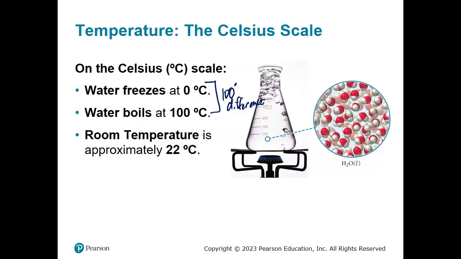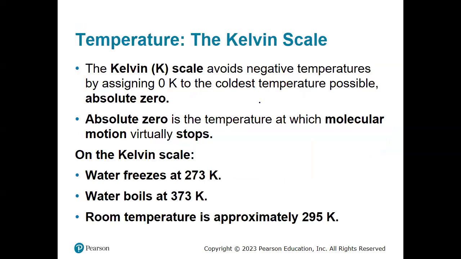The only problem is that both of these scales are based on definitions. Celsius scale is based on the freezing point and boiling point of water. The Fahrenheit scale is based on the freezing point of salt water and body temperature. They don't give us a whole lot of picture about that idea of thermal energy. That's where the Kelvin scale comes in. The Kelvin scale